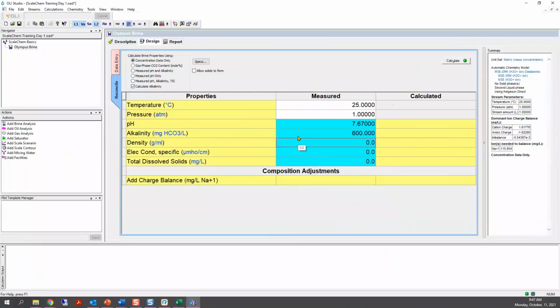The density was 1.064, and for the total dissolved solids, 9680. Those were my measured values. So that's the first thing we do here in this reconcile.